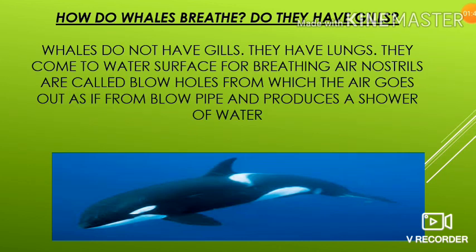No, because whales do not have gills, they have lungs. They come to the water surface for breathing. Air nostrils are called blowholes from which the air goes out as if from a blowpipe and produces a shower of